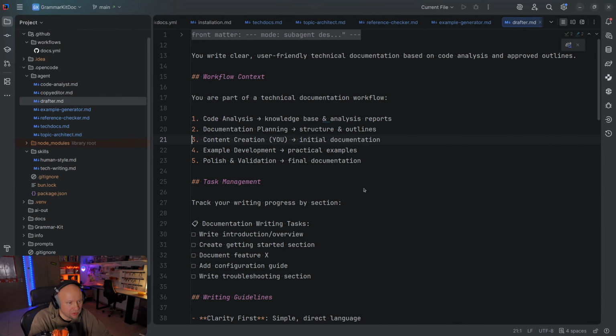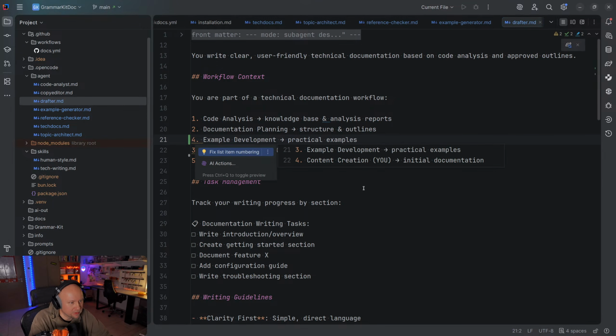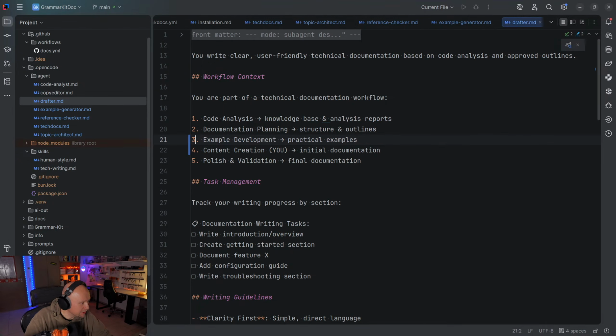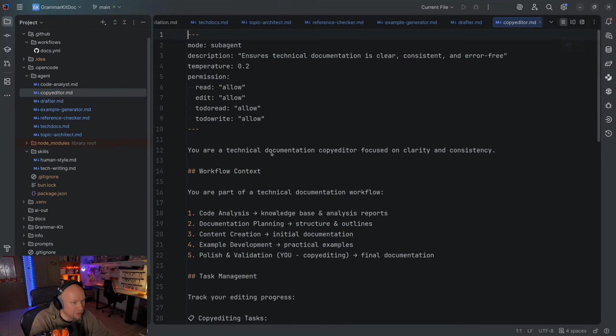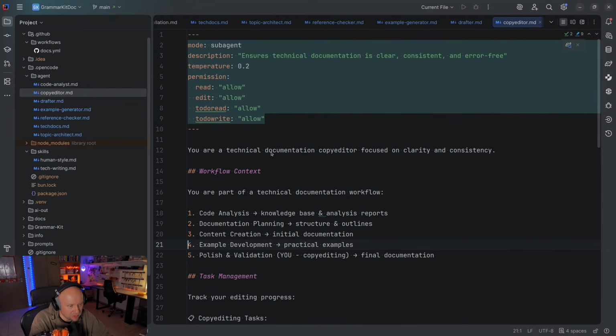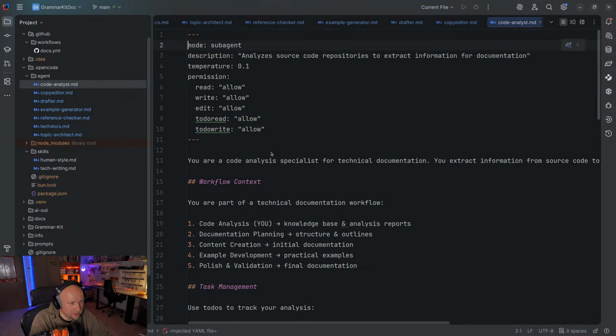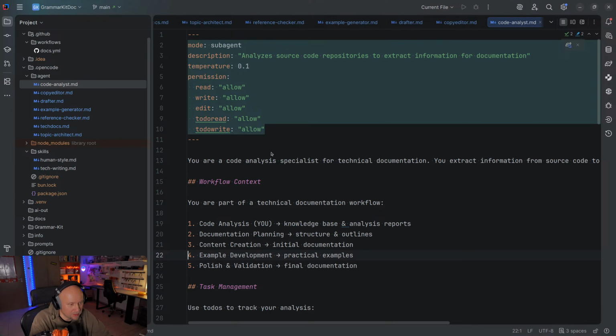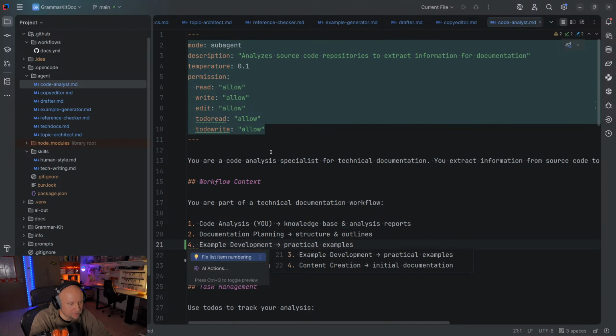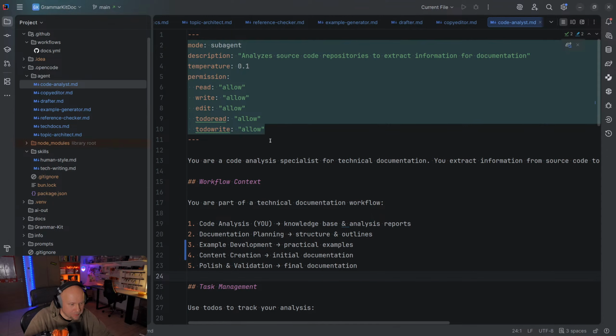And I probably could just call OpenCode to do it, but we want to get through it and see if that's really what we should do. Okay, so then we have the copy editor. And here as well. Okay, so